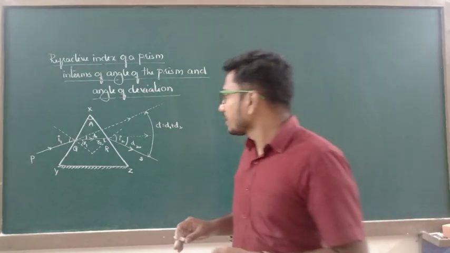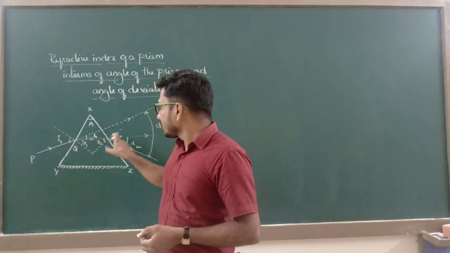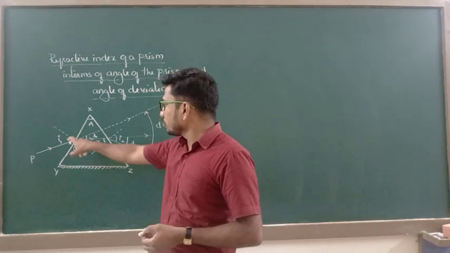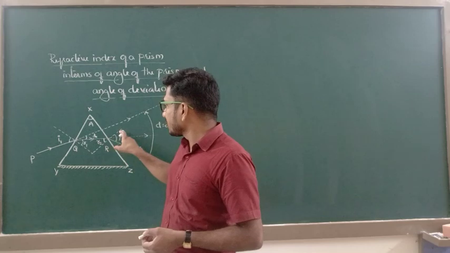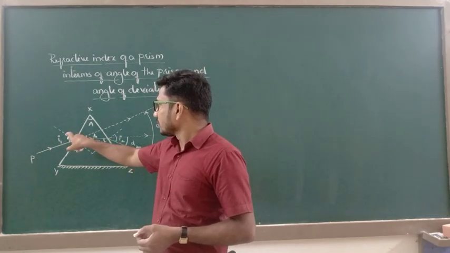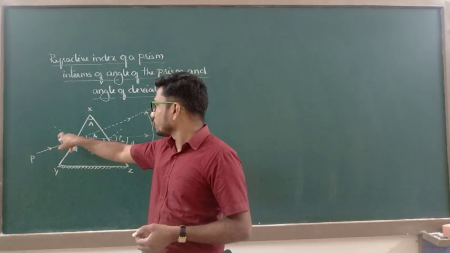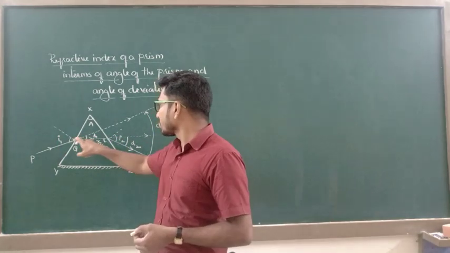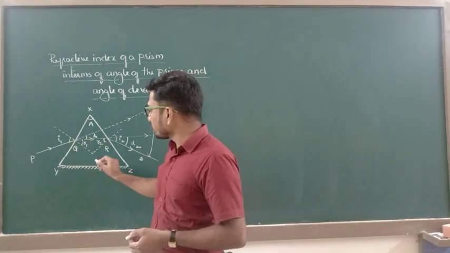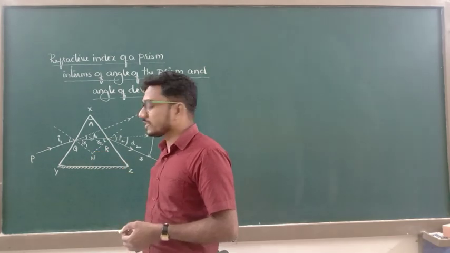Okay, then here this dotted segment represents normal at the point of incidence. I am going to produce this dotted segment and normal at this point. You just imagine yourself, after producing the normals at the point of incidence, they are going to meet at a point. Let us say that point is N. They are going to meet at this point.